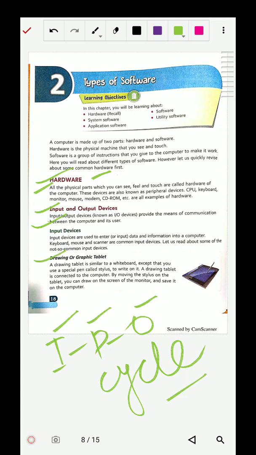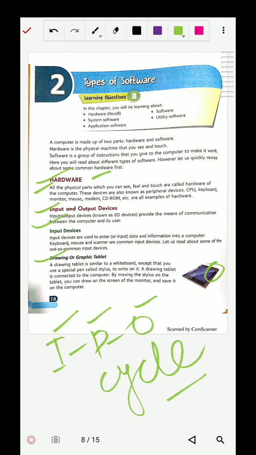First example, just see, the drawing and graphic tablet. A drawing and graphic tablet is similar to a whiteboard, except that it uses a special pen called a stylus. So this pen is called a stylus. To write on it, the drawing tablet is connected to the computer. By moving the stylus on the tablet, you can draw on the screen of the monitor. So this tablet is one kind of touch screen that is connected to your computer.